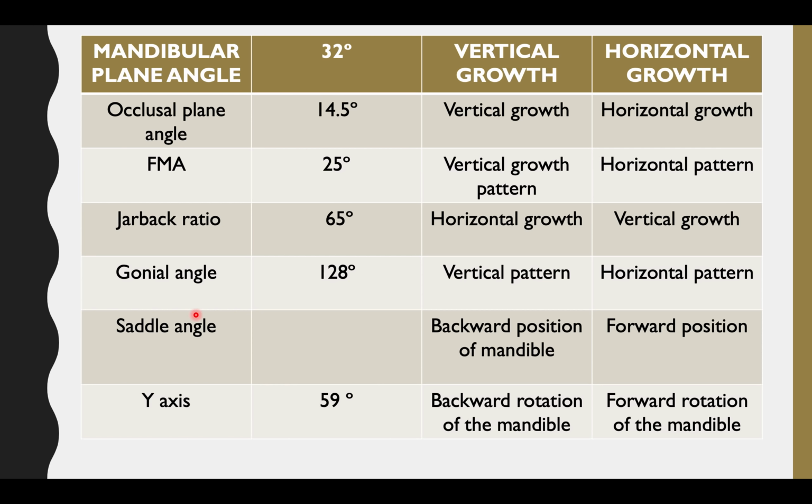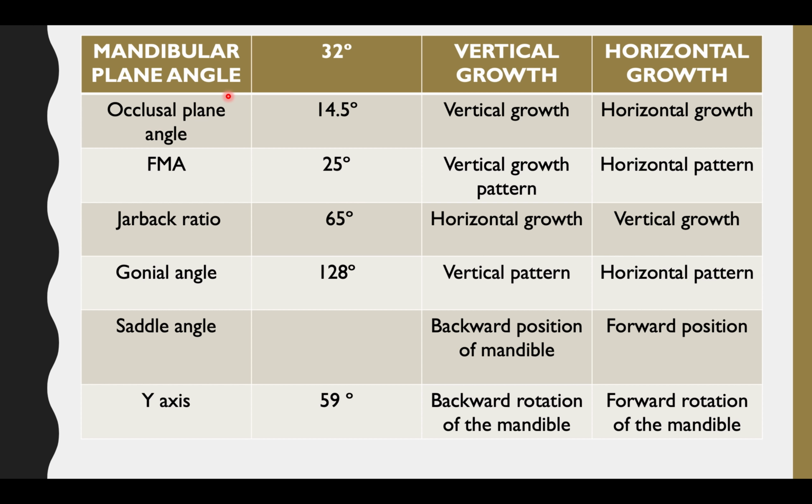So these are the parameters. Earlier I discussed some skeletal parameters regarding the sagittal discrepancy. Now I am discussing the vertical and horizontal growth patterns. Depending upon whether it is a vertical or horizontal growth pattern, long face syndrome or a short face, forward or backward direction of the mandible, all these are interlinked, which may result in open bite or a deep bite. So the important cephalometric parameter is your mandibular plane angle.